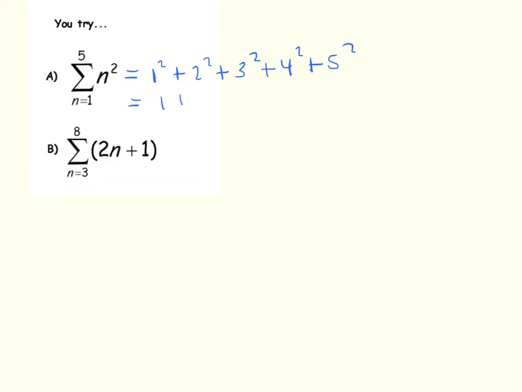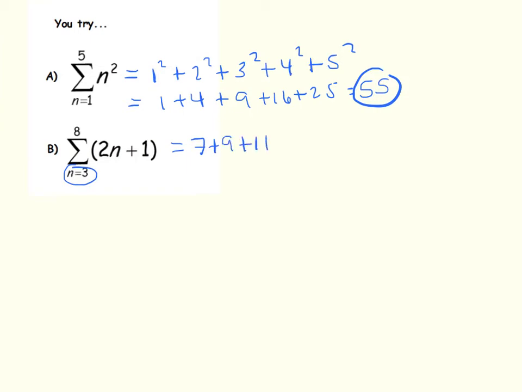So this is 1 plus 4 plus 9 plus 16 plus 25. All that ends up equaling 55. And for this one here, notice this time I'm starting by plugging in 3. So I'm plugging in the third term. I'm plugging in 3 into our rule. So 3 times 2 plus 1 is 7 plus